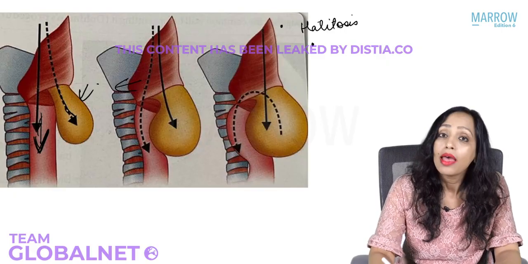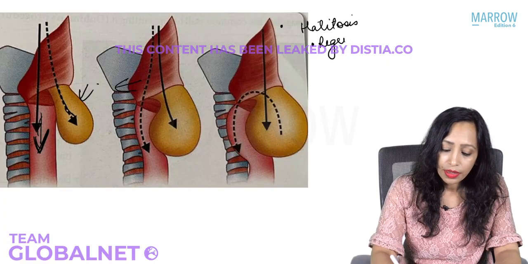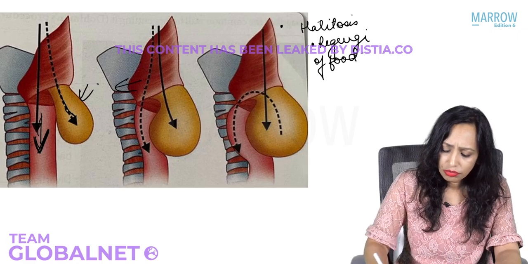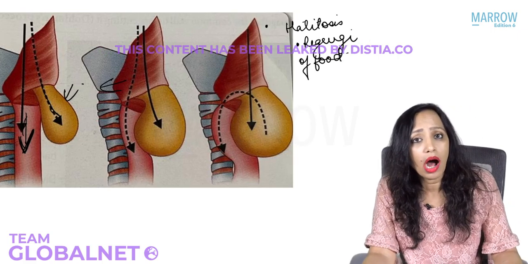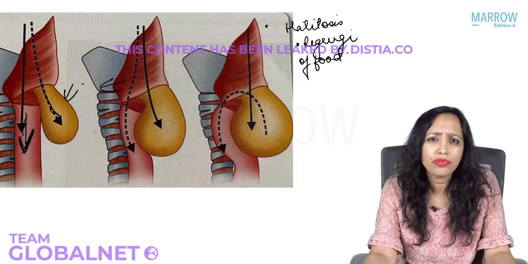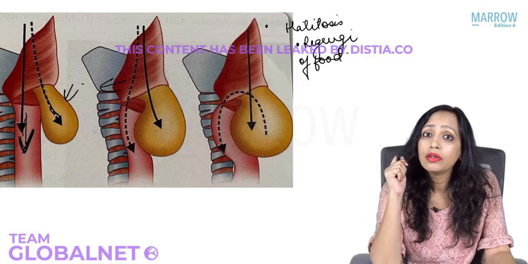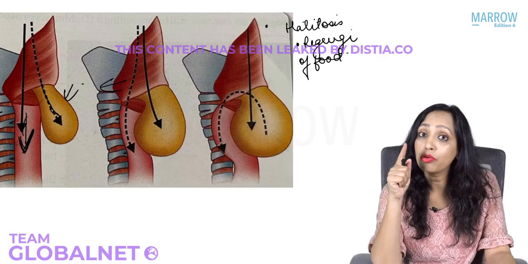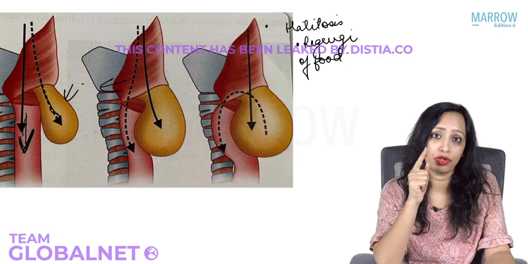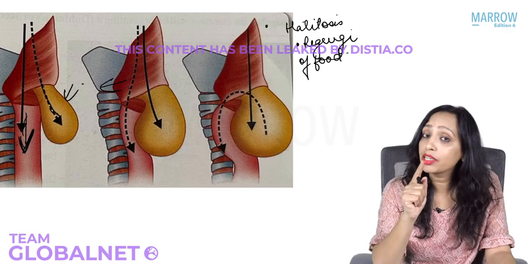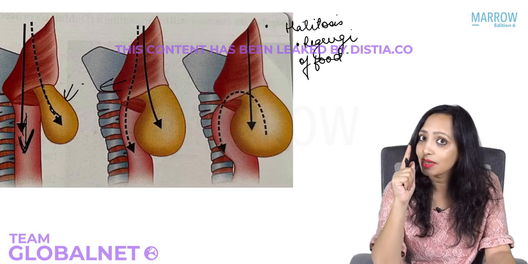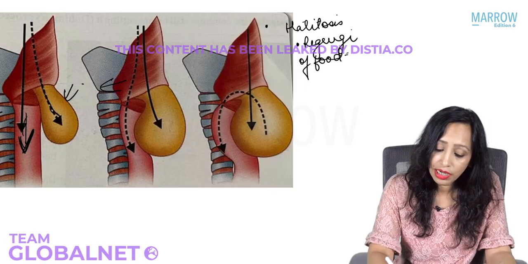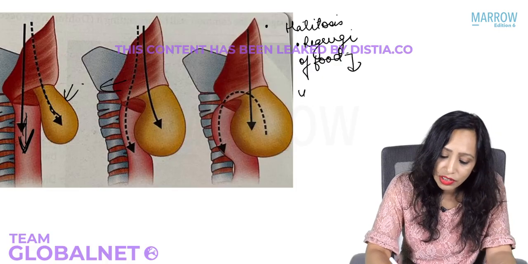There can be halitosis. There can be regurgitation of food. Just tell me, regurgitation of food is such a common problem, no? How do we know that the food getting regurgitated is coming from the pouch, and when it is coming from the stomach and not from the pouch? Whenever it is coming from the pouch, it will be totally undigested food. Yes, so it will be undigested food when it is from the pouch. From the stomach, it is mixed with acids, yes, and it is a digested form of the food. So here the regurgitation is of undigested food.